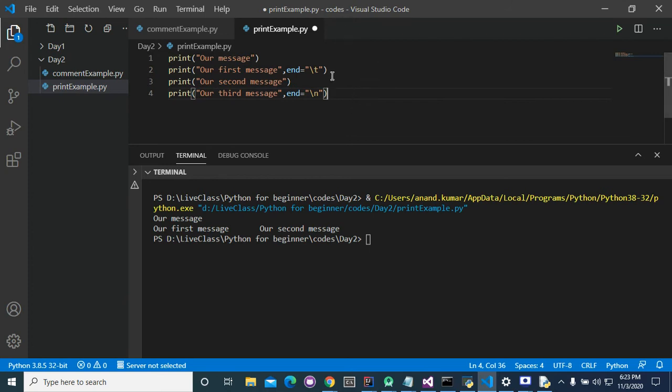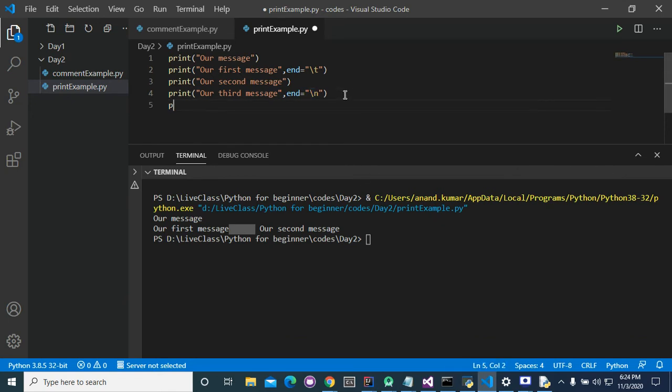First I want to explain to you that forward slash t basically gives the space between the two messages, and forward slash n is a new line character, and this is a new tab character. This new line character basically gives a new line between two messages.